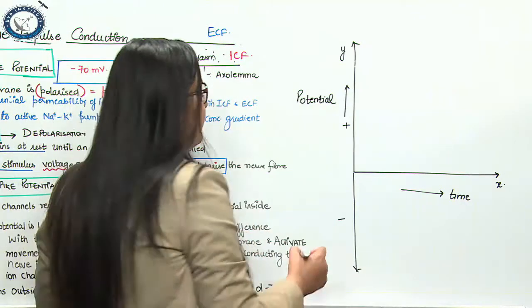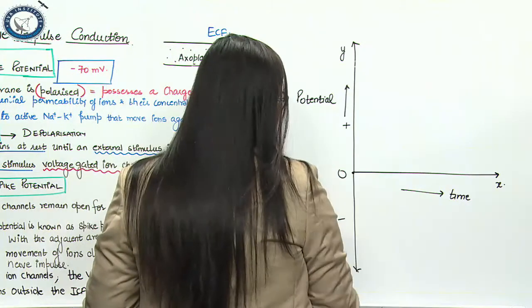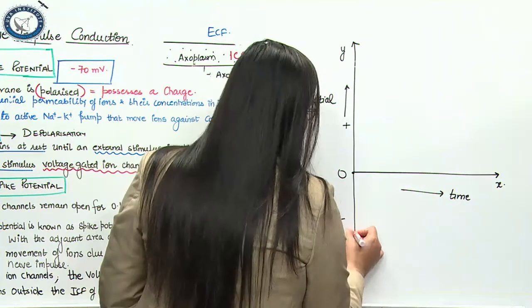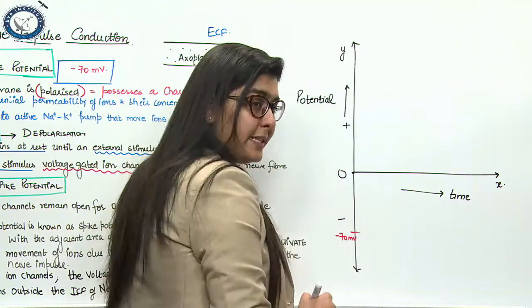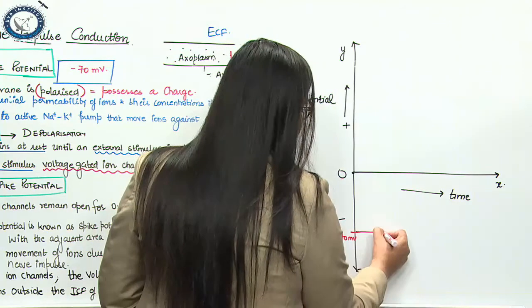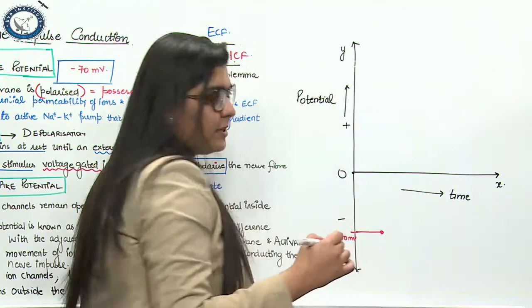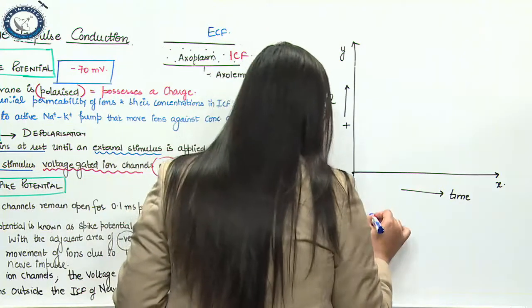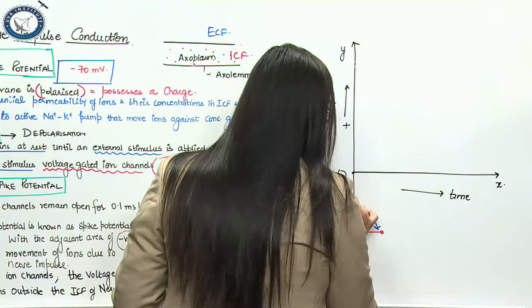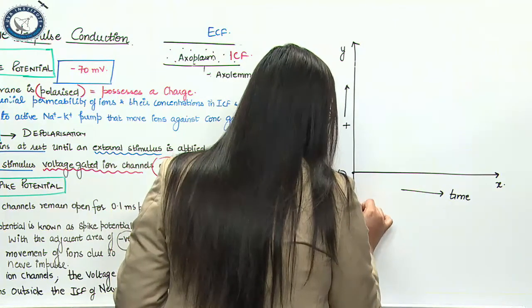At time t equal to 0, when the nerve is at rest, the resting nerve membrane potential is minus 70 millivolt. Okay? Till some time it remains at rest. Now once there is an external stimulus applied, which I call the threshold stimulus,